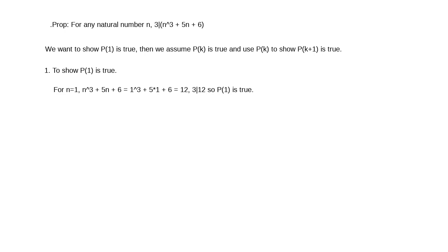Okay, so first step to show P of 1 is true. What's P of 1? P of 1 means 3 divides the expression when n equals 1, and the proposition is true. So for n equals 1, n cubed plus 5n plus 6 equals 1 cubed plus 5 times 1 plus 6, which equals 12. And obviously 3 divides 12, so P of 1 is true. Now, second step,